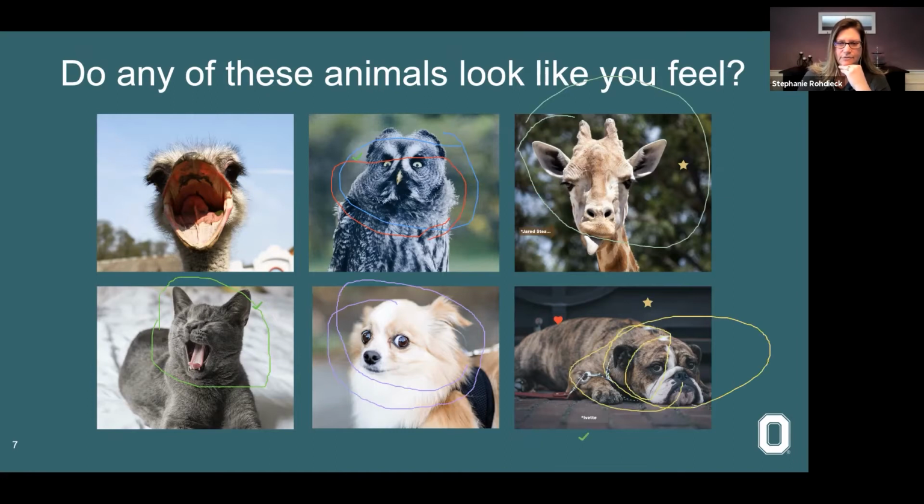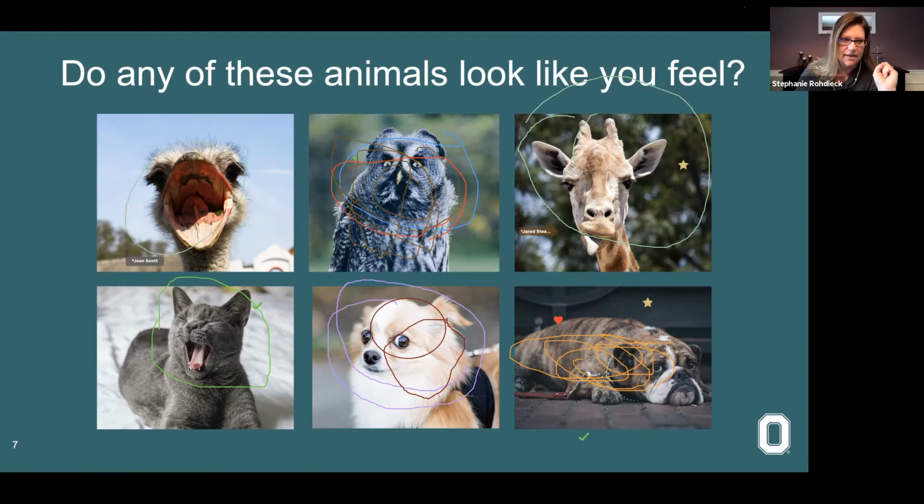All right. We're all over the place. No one is the ostrich. That's a happy ostrich. He looks like he's screaming, but he's actually supposed to be a happy ostrich according to the alt text. Jean is a happy ostrich, maybe. Oh, no, Jean's not a happy ostrich. All right. So I can see that we're a little bit all over the place, which is great and lovely. So thank you for playing with the annotation tool.